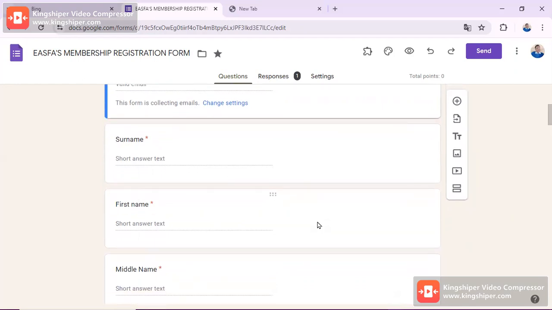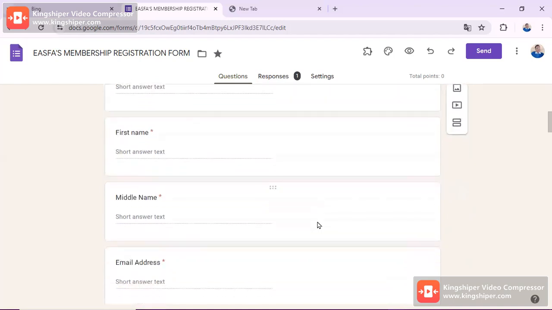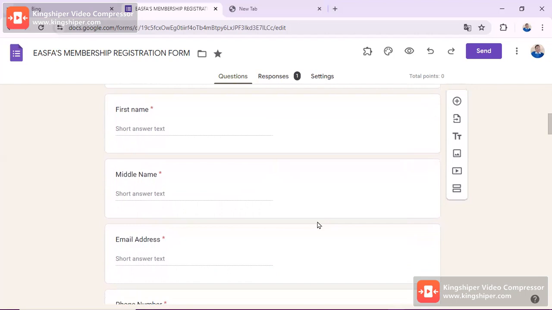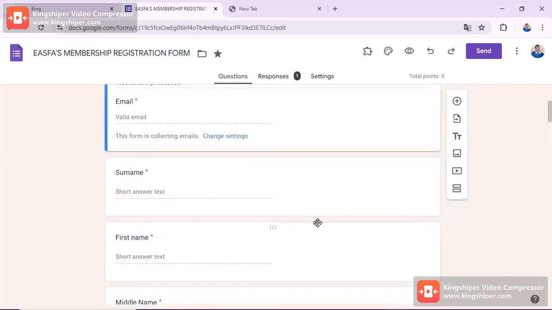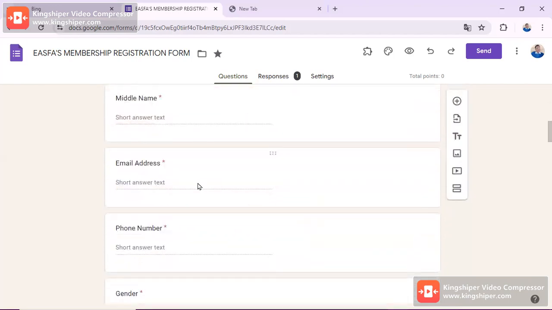Then you might move on by giving your surname, followed by your first name, then your middle name, and they are mostly important subsections. Then you also have to give your email address, because the first part needed your valid email, whereby whenever filled, the whole form might be sent back to you. But this section is needed for us to know your mail.